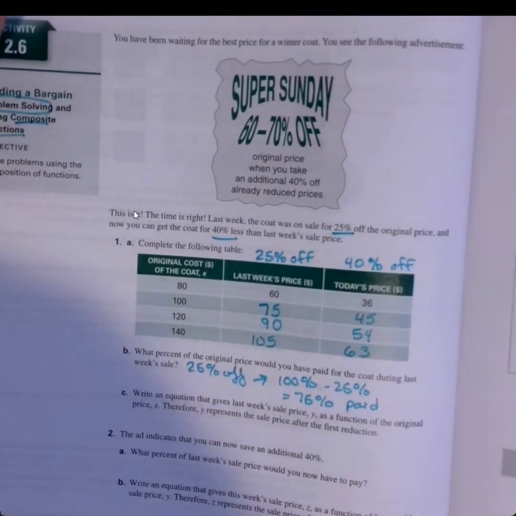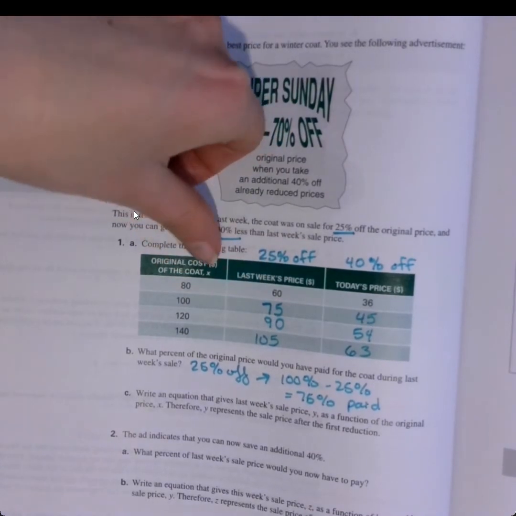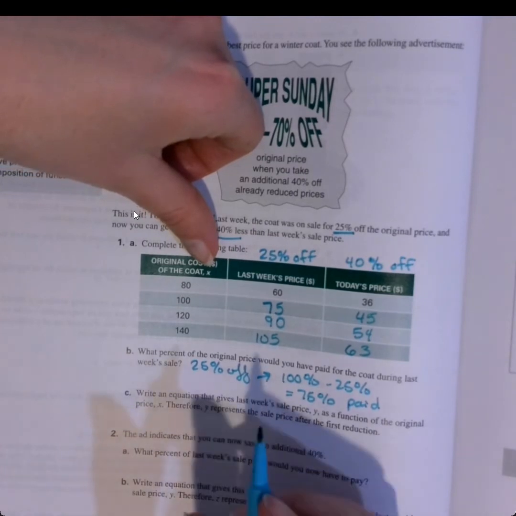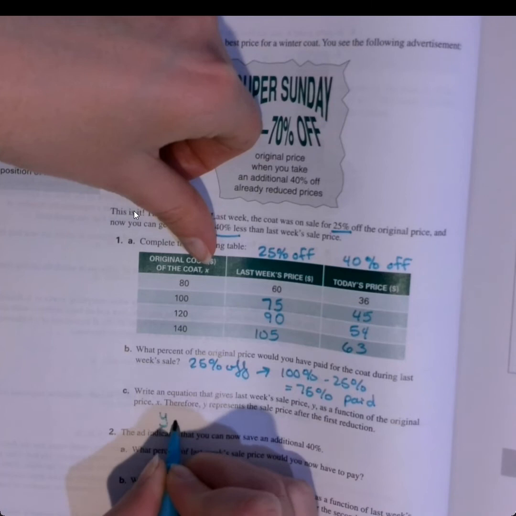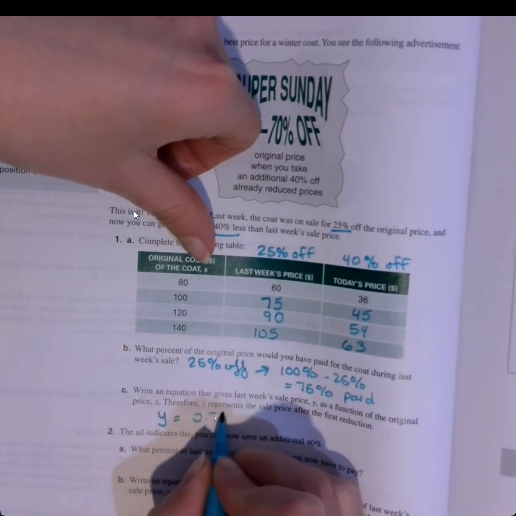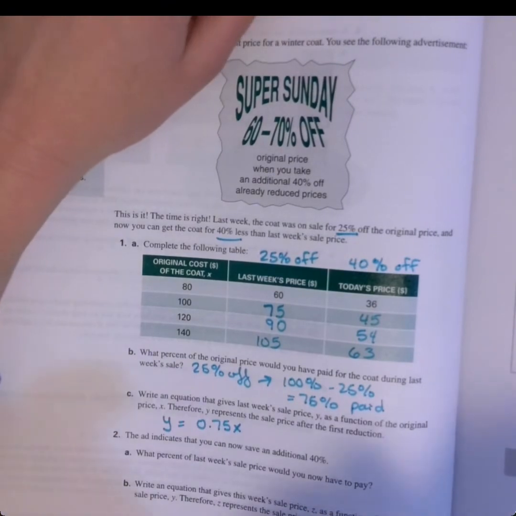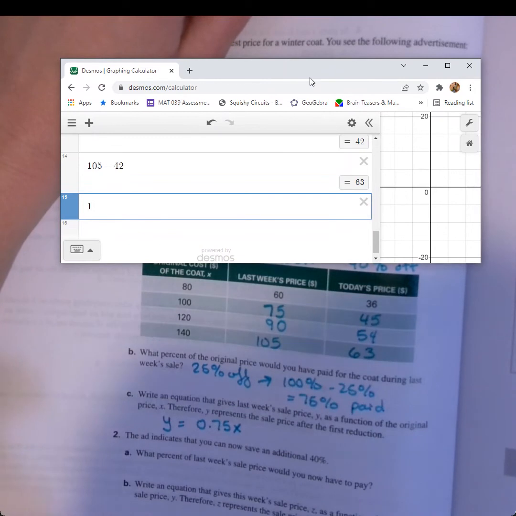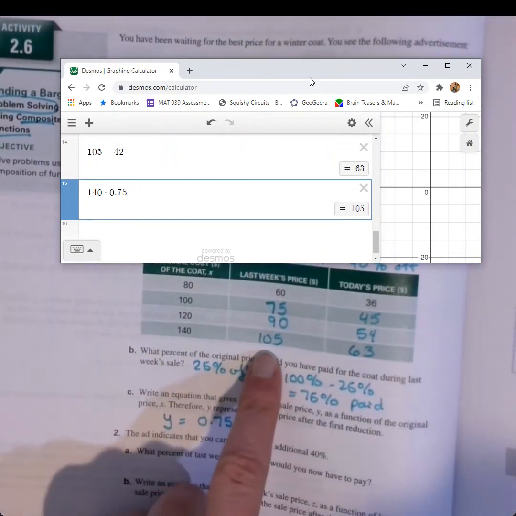So if I wanted to compute these directly, I could take the coat's cost and multiply it by 0.75. So the sale price would be y equals 0.75x. Let's just check that for one of them. We can just check it for the last one on the table. If I had taken the 140 times 0.75, it would have gotten me the 105